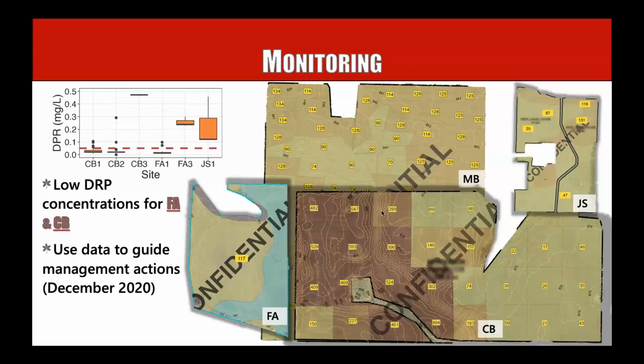So at the field CB, we could be wasting our time by putting management at this field, where other fields like FA or JS, it might make sense to manage that field. So what are some characteristics of these fields that lead these fields with high soil test phosphorus values to emit high or low phosphorus runoff? That's something we're trying to determine with this project.